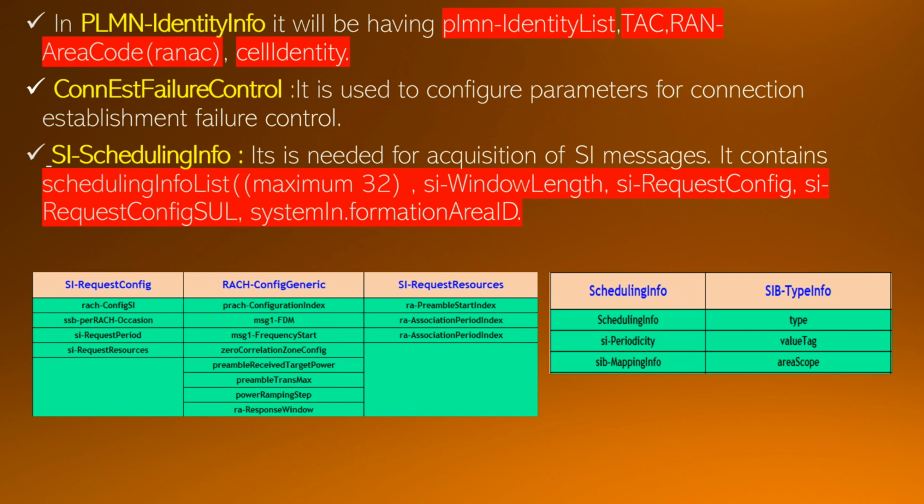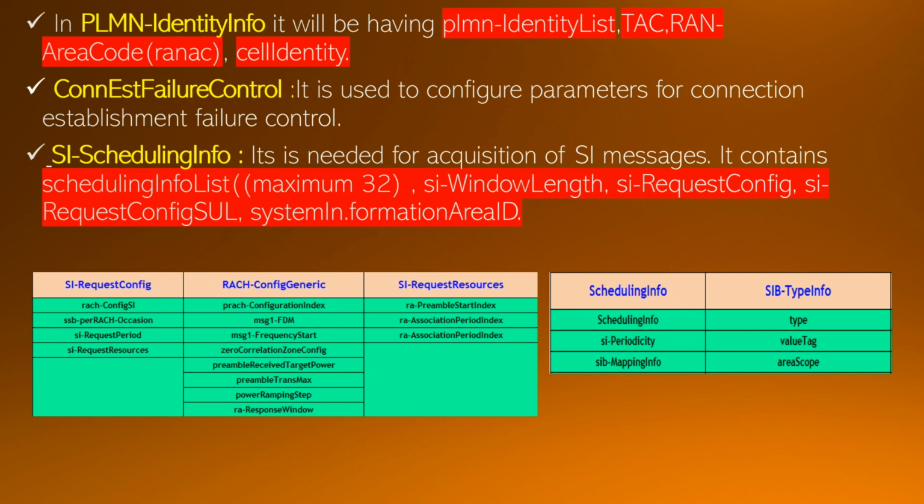Then SI scheduling info is required for acquisition of SI messages, and it contains the scheduling info list, a maximum of 32, SI window length, SI request config, SI request config SUL, and system information area ID. One by one we can go through these parameters.